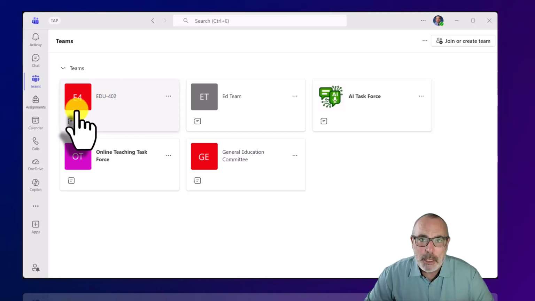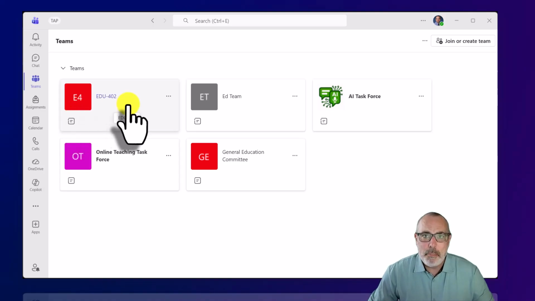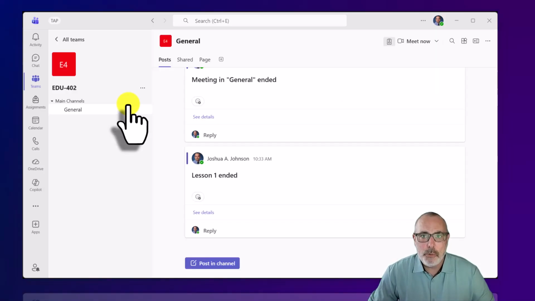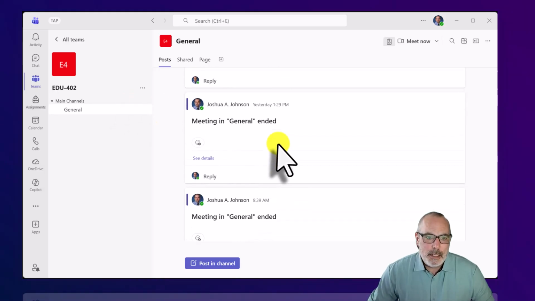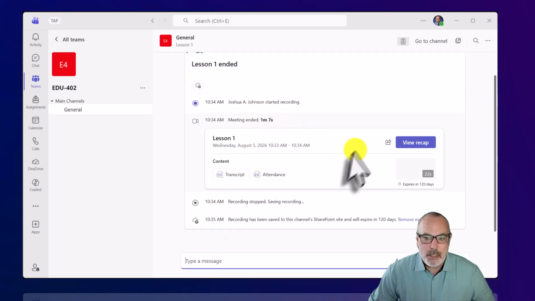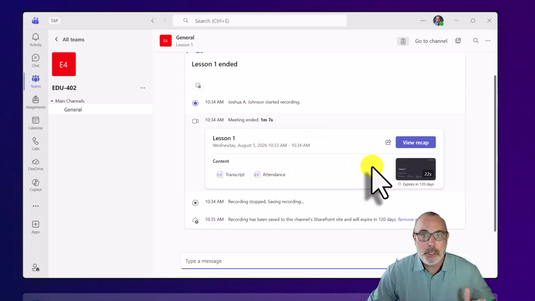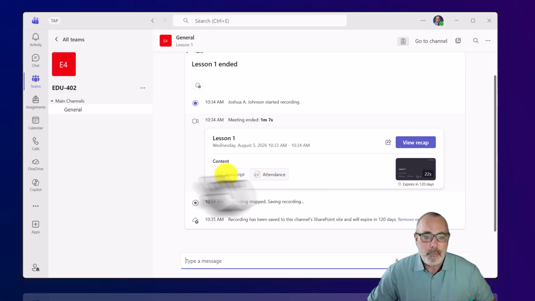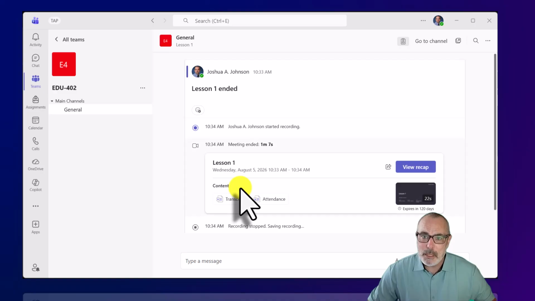My favorite way to do those meetings is to use the built-in team. And I'll show you why that is a great option for this. And you can see it here. I have meetings that have ended already, ones that I was doing just to practice with this. And right within our post page, you can see the details here of a meeting that has been recorded. It's just available. If you're part of this team, you can go in and see that meeting. Some people don't like that because they don't want students to just be able to see all of them, and